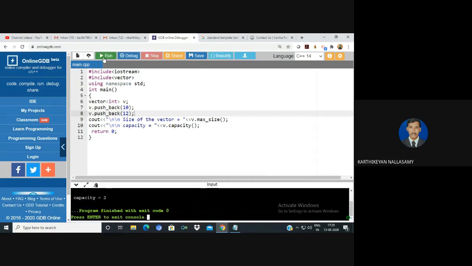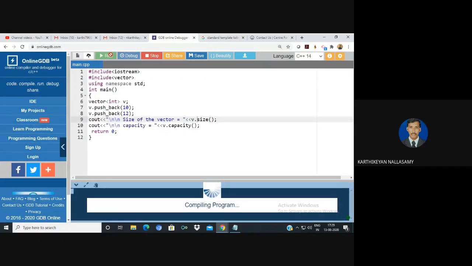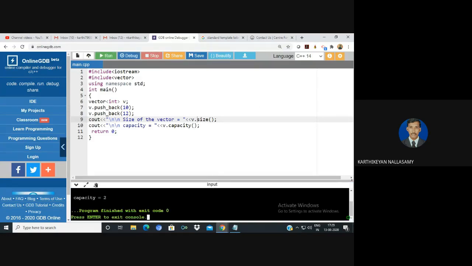Now I'm going to compare, but still I didn't display the values inside the vector. Displaying them is not necessary, I need only the size. Just show the size of your values and the capacity. So there are two values stored.